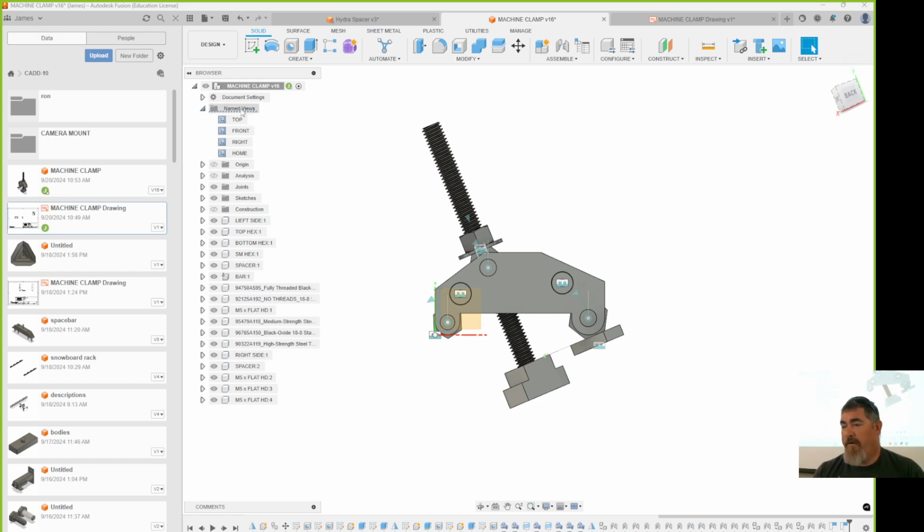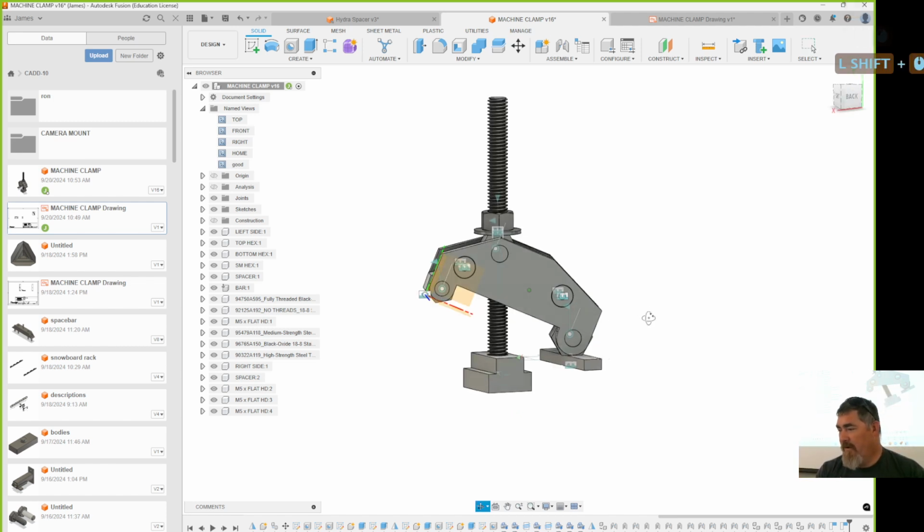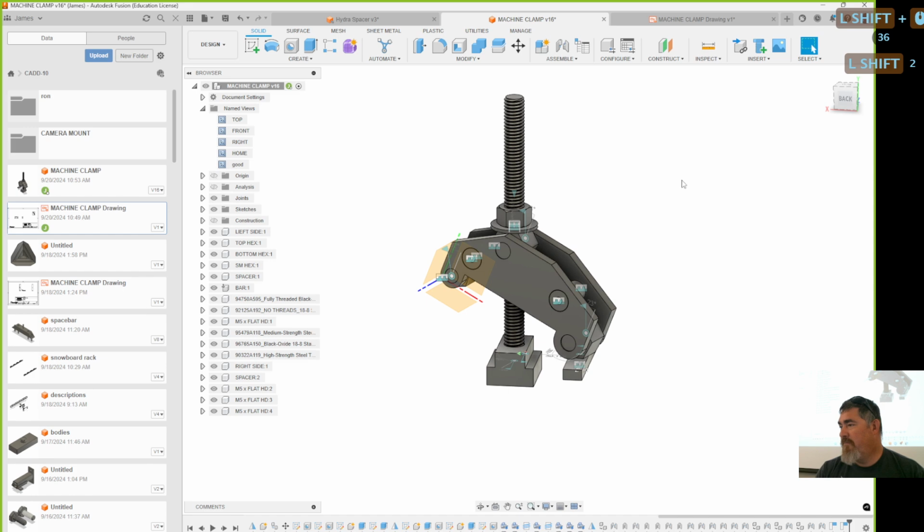But if I go in here and I just right click and say new name view, I'm gonna call this good. That's my good front view, right? My aligned view of that. And so now when I save it,